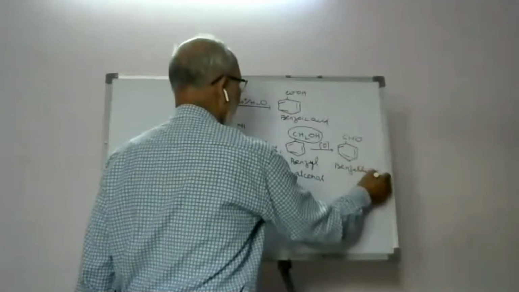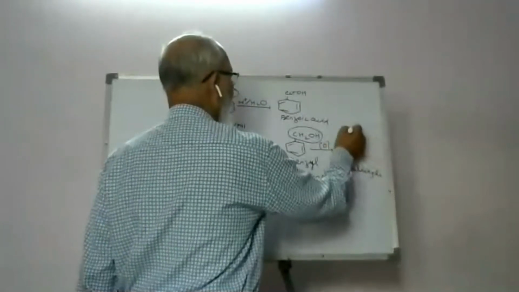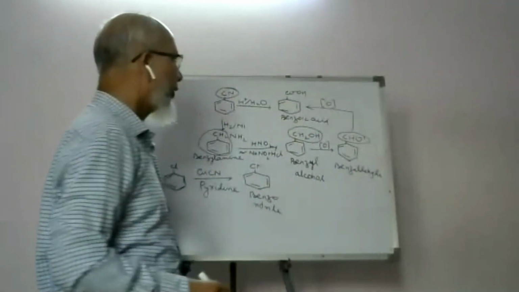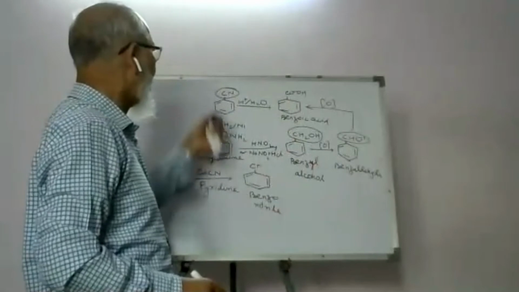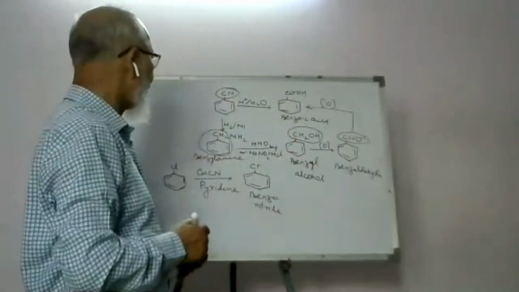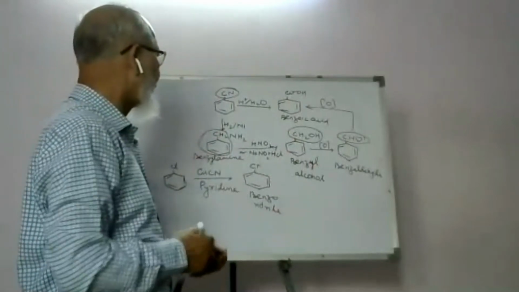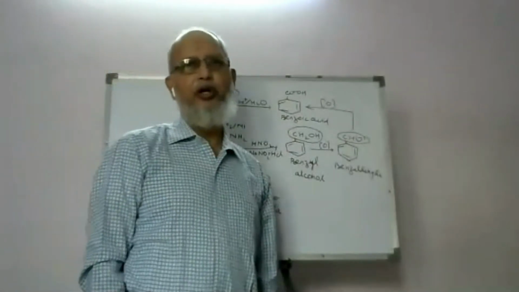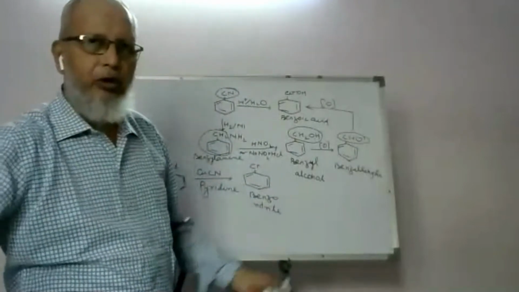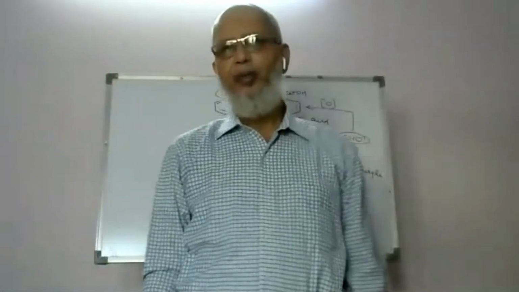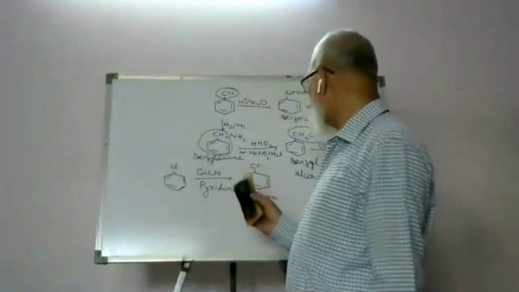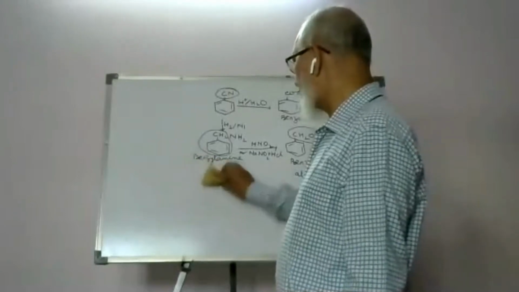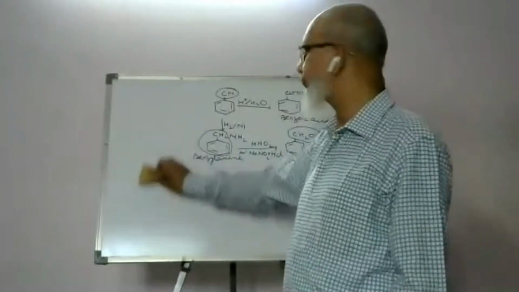And this CHO group can be oxidized into COOH group. So you can prepare benzaldehyde, benzyl alcohol, cyanobenzene or phenyl cyanide from aryl halide, and this phenyl cyanide or benzonitrile is a very important compound through which we are able to synthesize a number of organic compounds, and likewise this diazonium chloride is also a very important compound in organic chemistry through which we can synthesize a number of organic compounds.